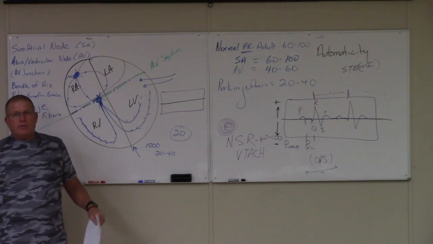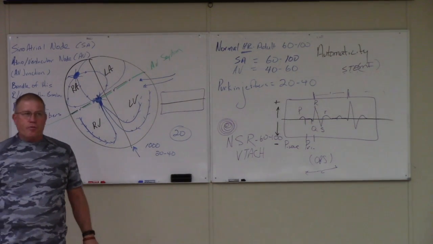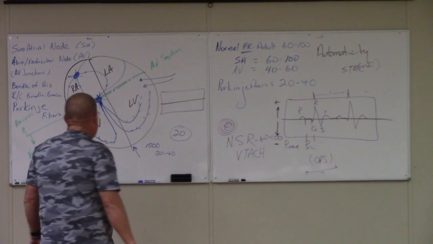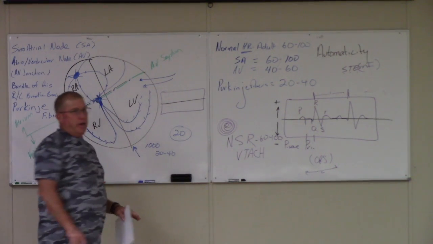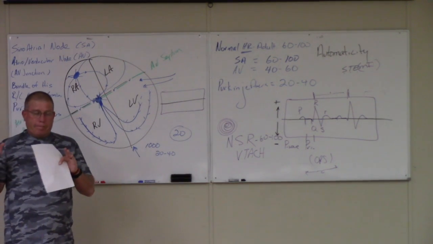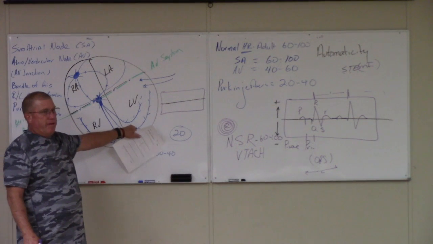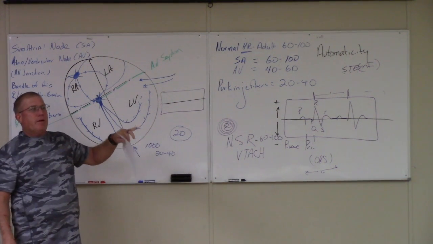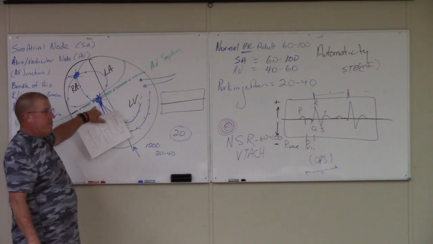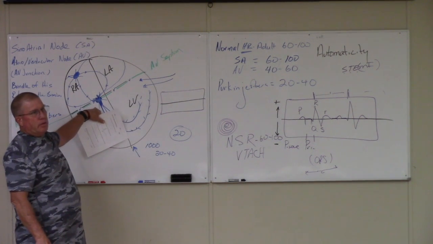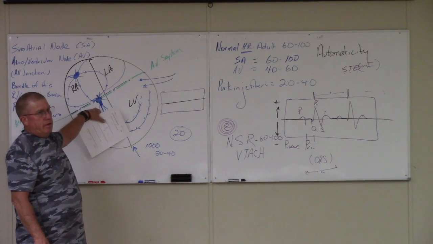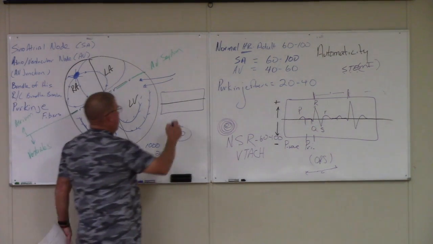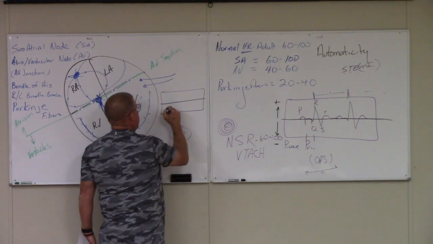Your ventricles are contracting greater than 100 times a minute. It can be caused from multiple Purkinje fibers that happen to be synchronized. It can be caused from an overactive AV node that's sending multiple charges into the ventricles, but the top of the heart's not. What it's going to look like is it's going to be a very regular